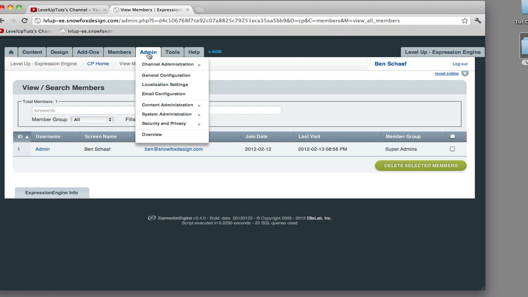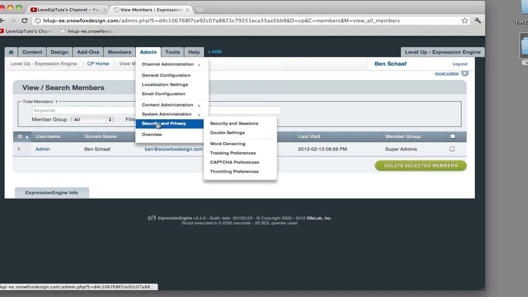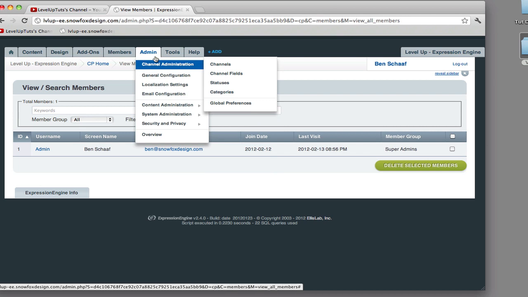So as you can tell, this is a very important part of the site, which we'll be spending a lot of time in, and there'll be several videos dedicated to the Admin menu and setting up custom fields and all that type of stuff. Under the Tools menu,